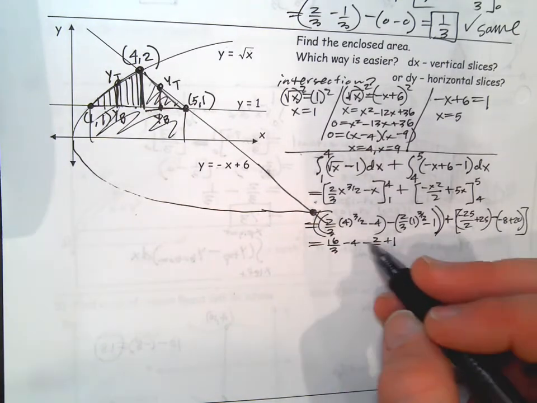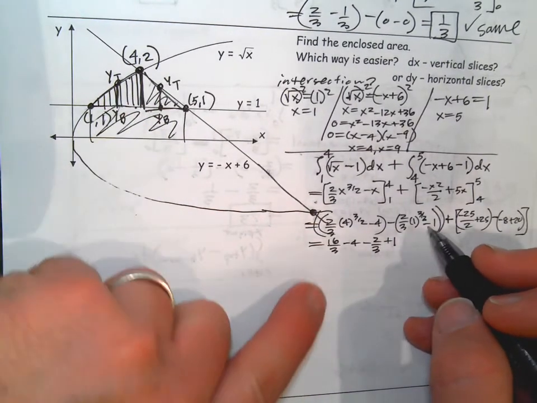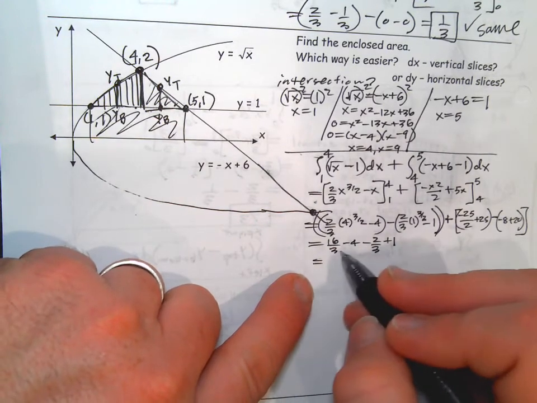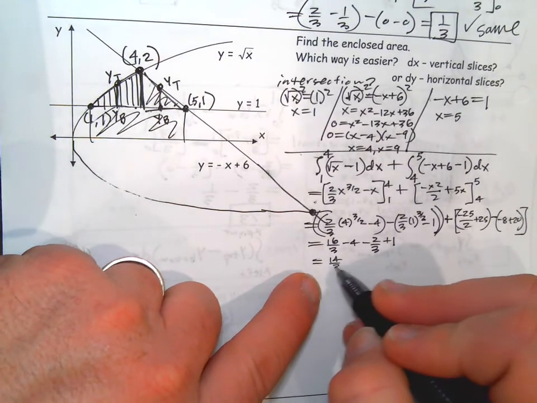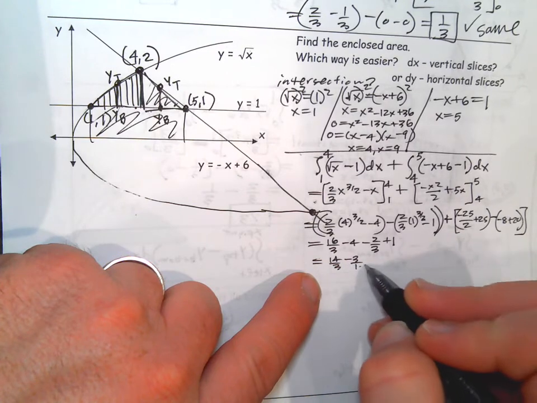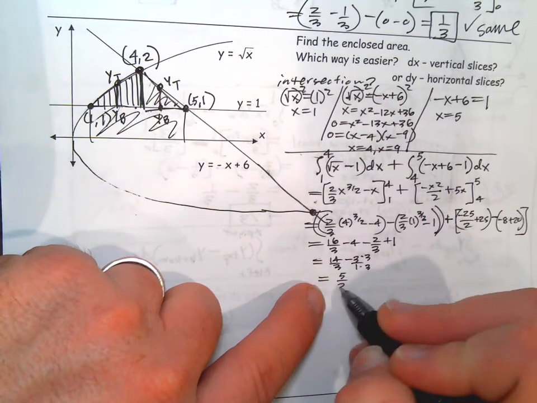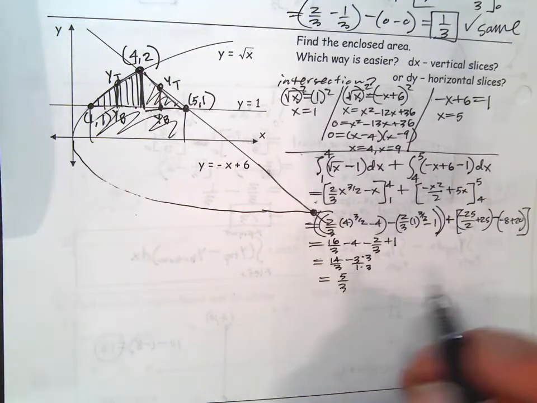This right here is that area, that first chunk of area. So we end up getting what, 14/3 minus 3, least common denominator. It's going to be 5/3. That's the area of the first chunk. Okay. Then